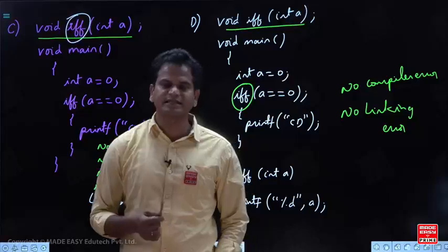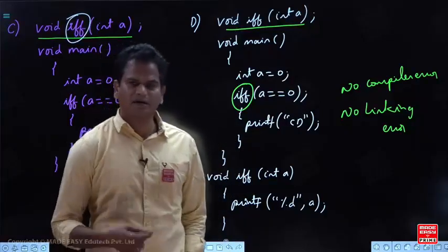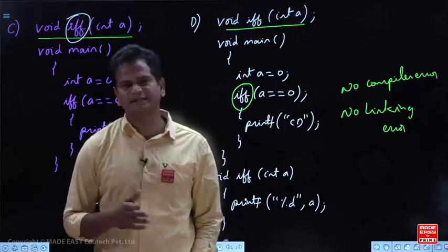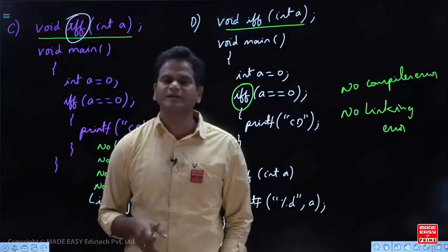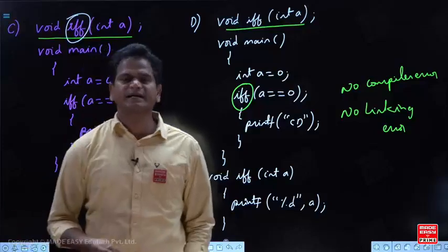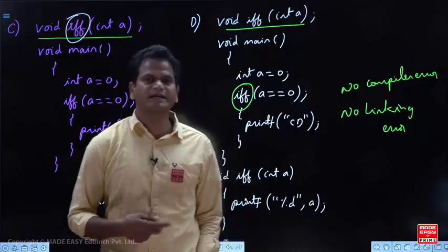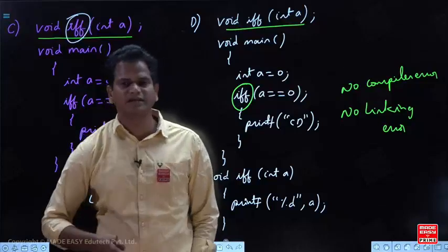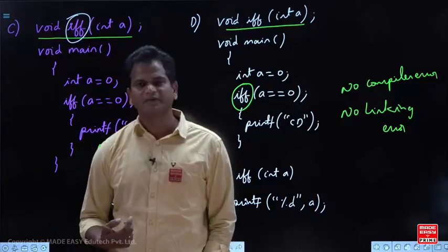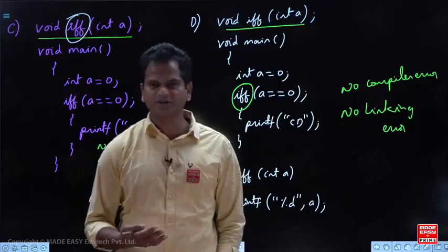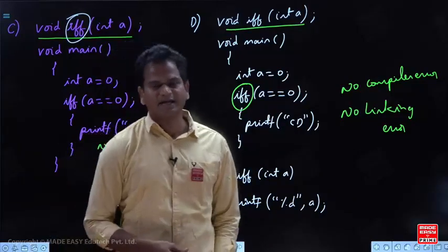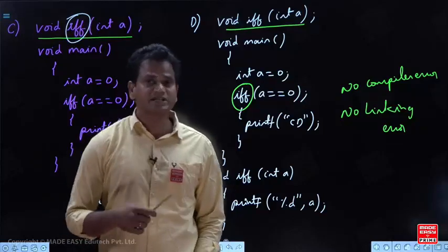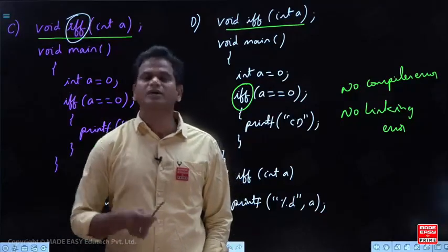Syntax error: if the code does not satisfy the syntax of the language or keyword, then it is a syntax error. If the syntax is perfect, then we come to the semantic analyzer. If you don't define a variable, or don't declare a function, or use different arguments in the definition and in the calling, so formal arguments and actual arguments are not matched, then it is also a semantic error. But if the declaration is there and the definition is not there, there is no semantic error, no compiler error.